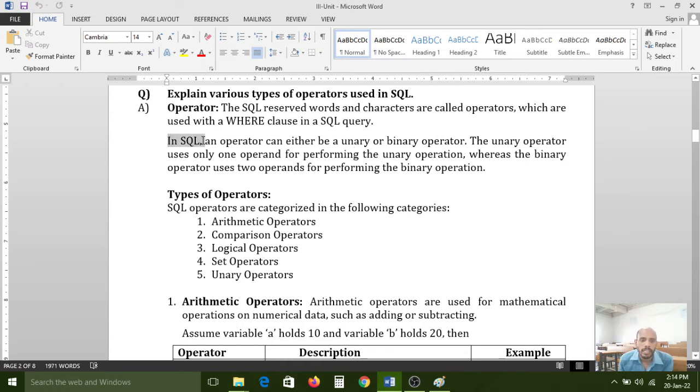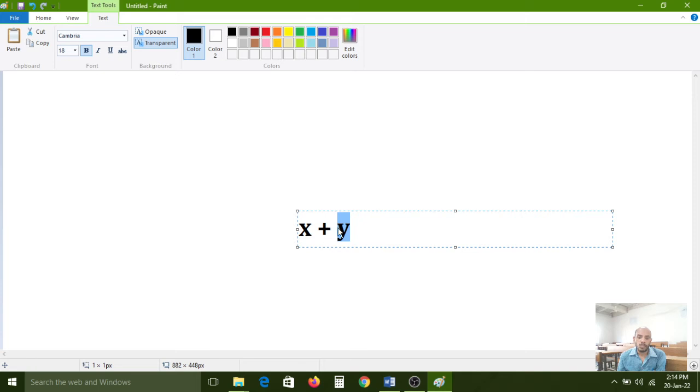In SQL, an operator can either be a unary or binary operator. The unary operator uses only one operand for performing the unary operation, whereas the binary operator uses two operands for performing the binary operation. If you want to perform addition, two operands are required: x plus y. This type of operation is called a binary operation.